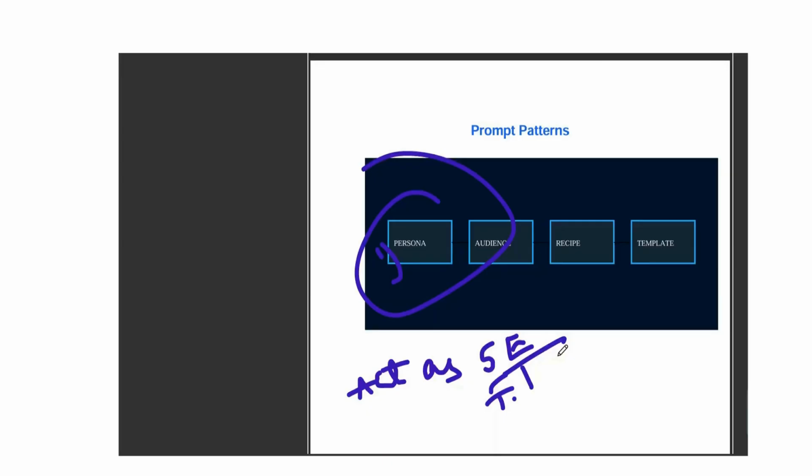For example, if I ask, how should I prepare for placements? I'll get a normal answer. But if I say, act as an experienced software engineer and guide me for placements, then the answer becomes much more focused, right? I hope you understand. And that's the power of persona prompting. It means giving a role to the AI. And next,